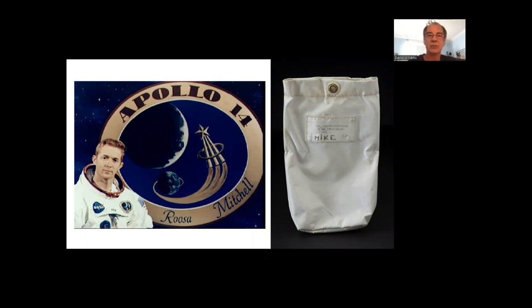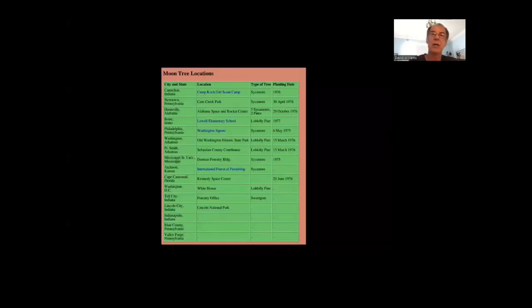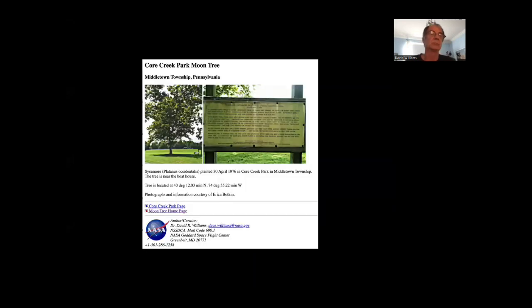And I also just made a list of the moon trees that I knew about. And this is a copy of one of the earlier pages, and you can see there's just not a whole heck of a lot of moon trees, but I put down what I could find at the time, and for each one, I would put a little blurb about the tree, any information at all that I had on it.